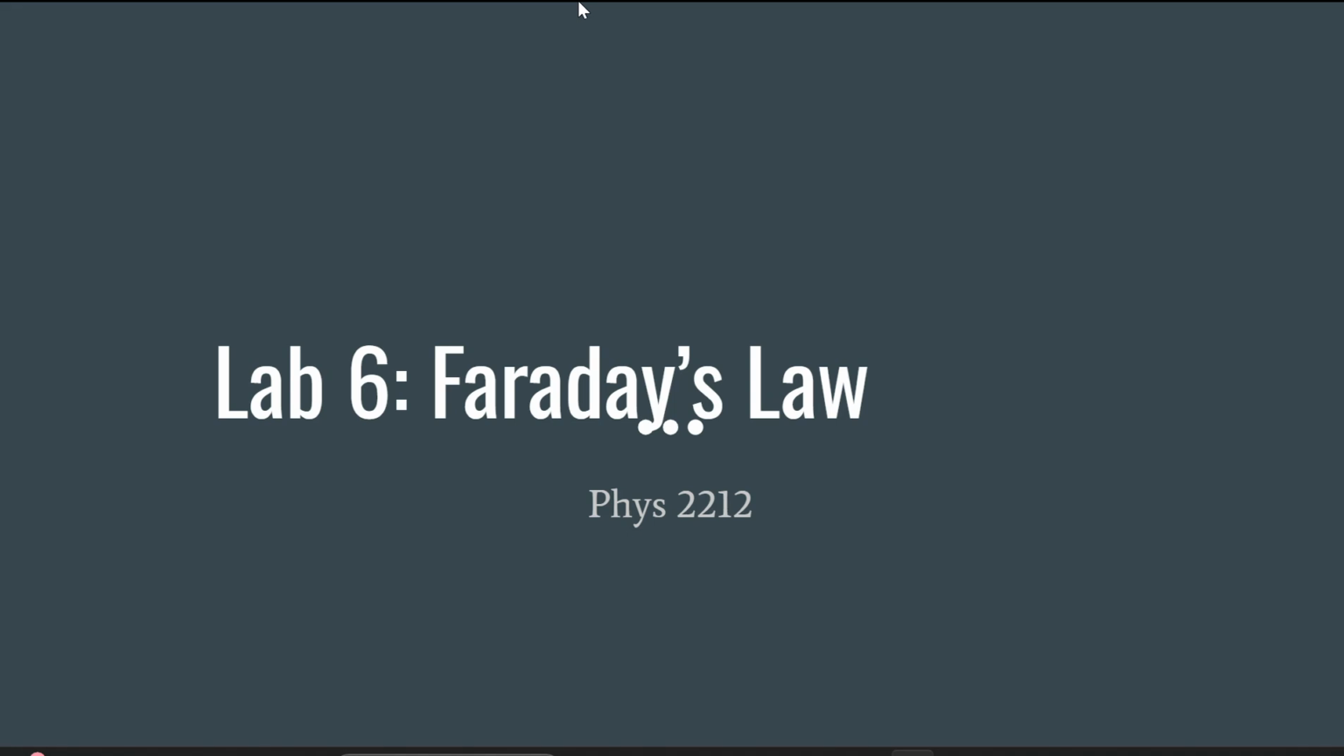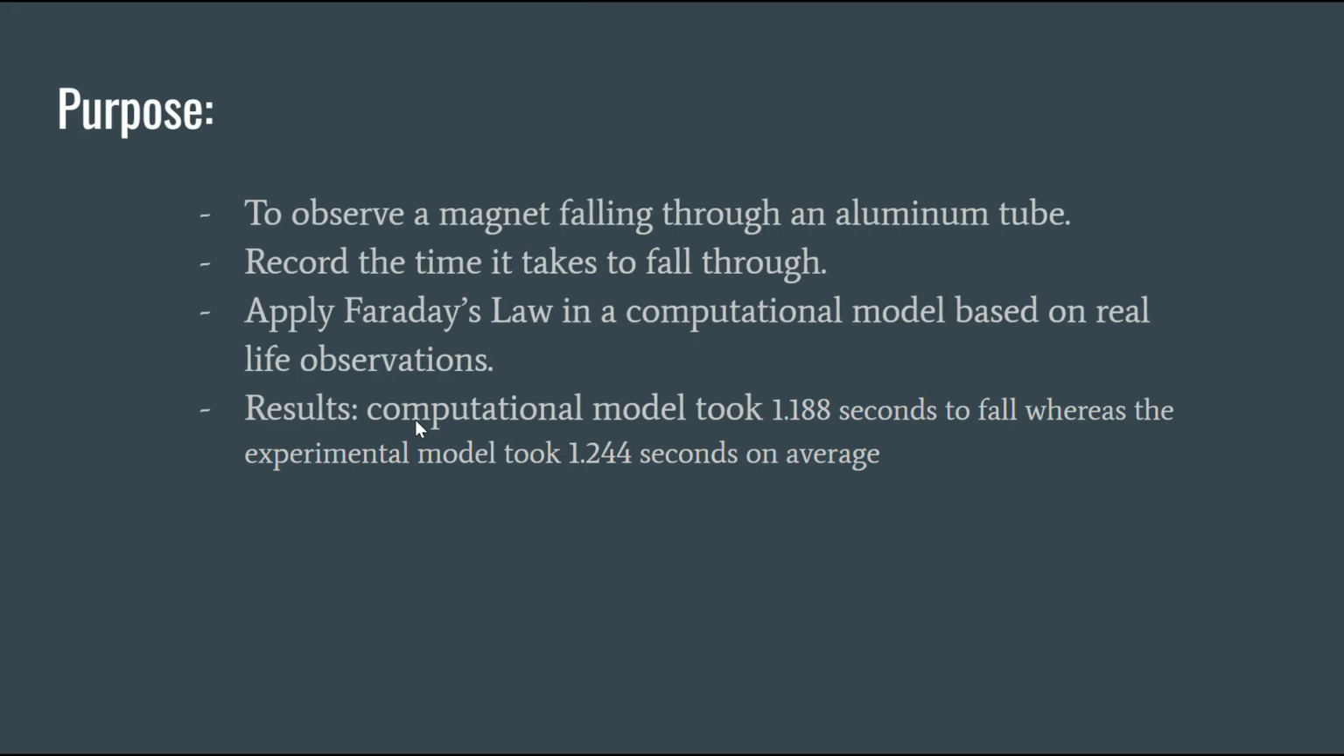This is lab 6, Faraday's Law. So the purpose of this lab was to observe a magnet falling through an aluminum tube and then record the time it takes to fall through. Then the main model involved was Faraday's Law, and we used this in a computational model which was based off